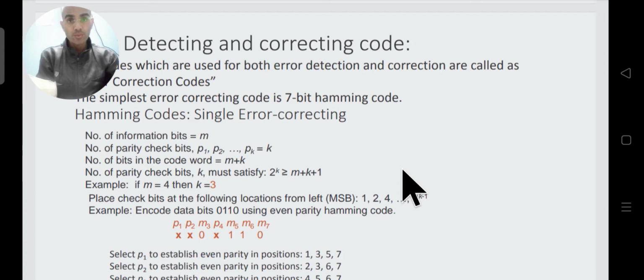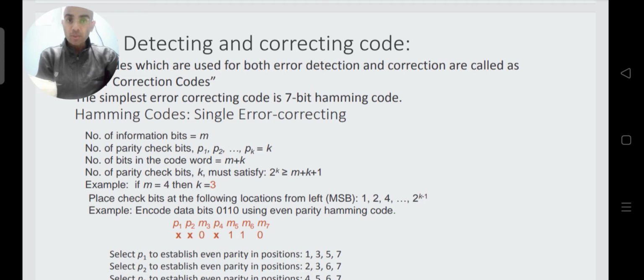So this is what we are going to see. We are going to see two things. First is how to write a Hamming code, and then later how to detect the error in a Hamming code and correct it. Okay. So first we will see how to form a Hamming code.